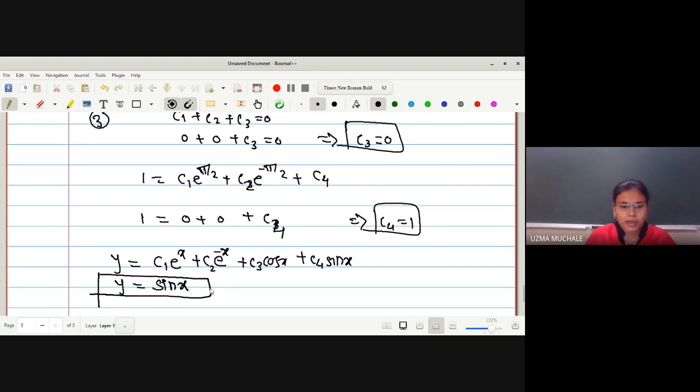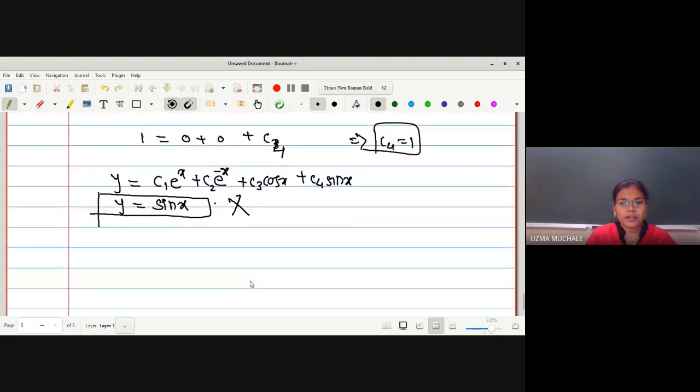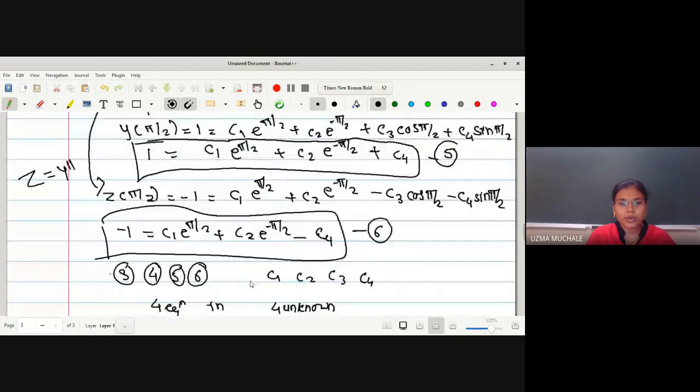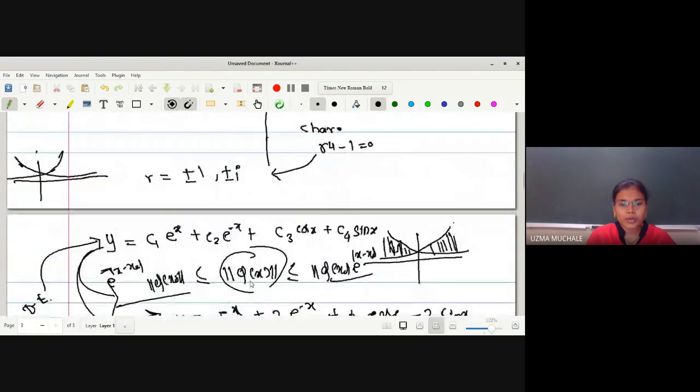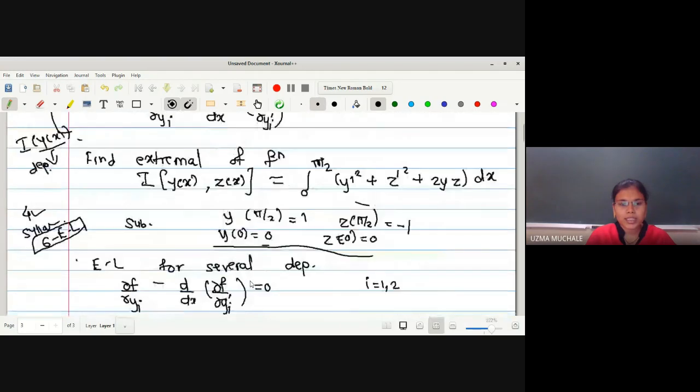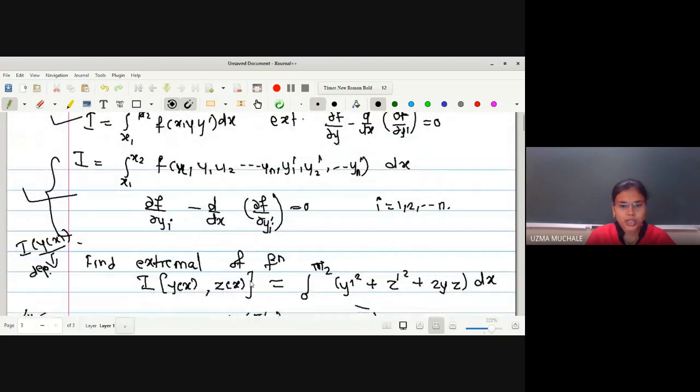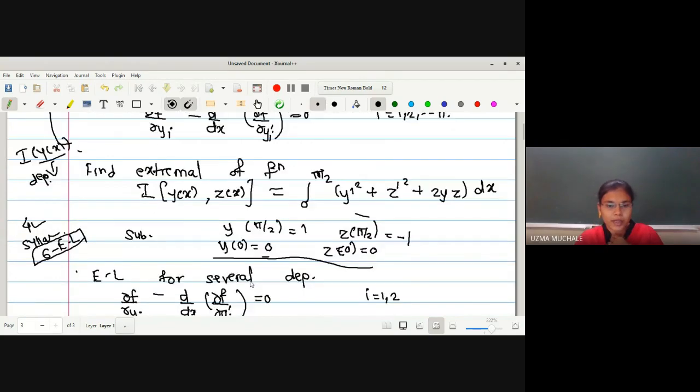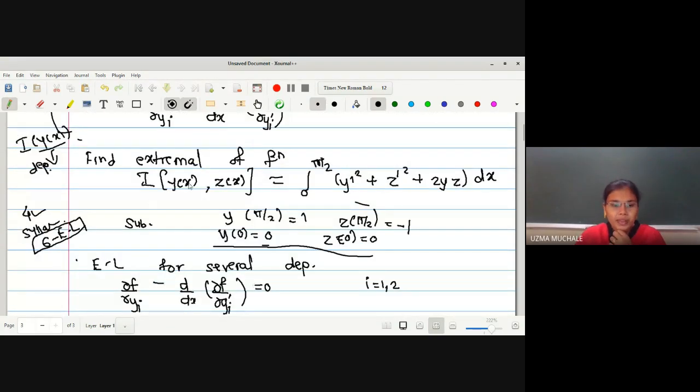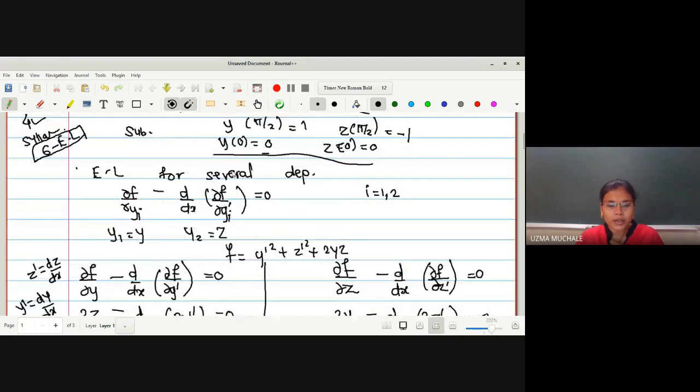If you are assuming that we have completed the example, then you are wrong. Why is it wrong? Because as I told you, we are in the second case. What do you mean by we are in the second case? We have to use a second condition, right? So we are having two dependent variables, y of x and z of x. So simply we have found the value of y. So now still we have to find out the value of z.